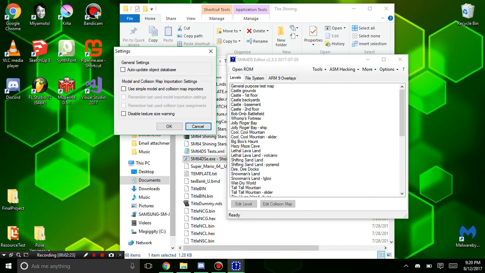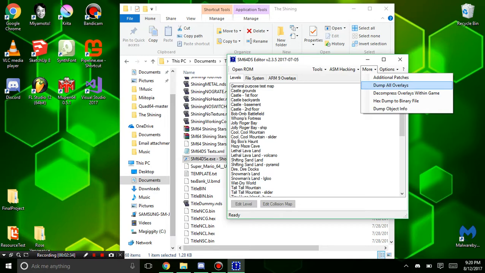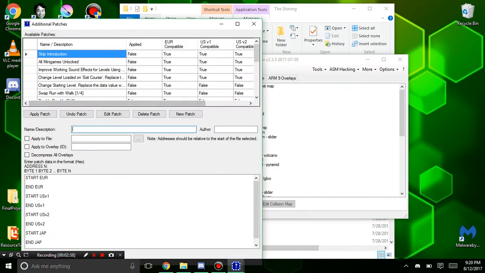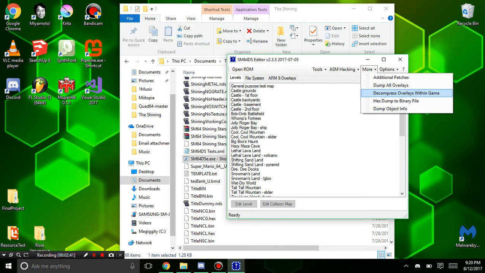And basically, you can do whatever you want here. And in the More tab, we can dump all overlays, add the patches, the MISC patches, or we can decompress